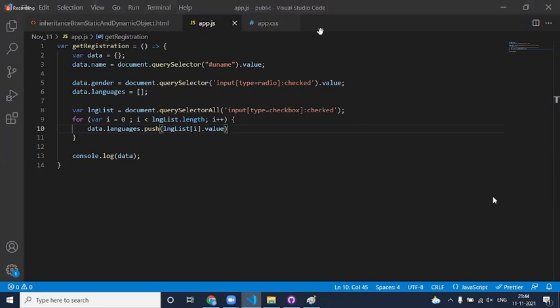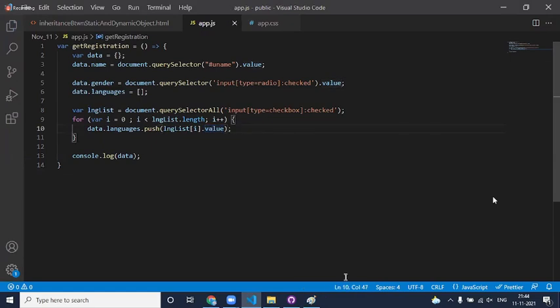Line number 8, sir. Line number 8. Okay, so what do you mean by this line number 8? I'm saying I know that I have multiple checkboxes. I want to find out all the checkboxes which are checked, I mean, which are in a checked state. I don't want to go with all the checkboxes, only the checkboxes which are checked. Give me an input element whose type is checkbox and those are in a selected position. Now I have the list of elements. Now I'm running through each and every element and I'm getting the value of it.